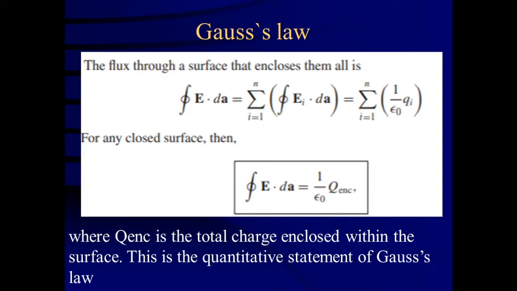Now Gauss's law. What is Gauss's law? Gauss's law is nothing but it relates the electric field to the electric charge. How the electric charge can produce the electric field in some region of space, that you can find out using Gauss's law. So there is some Gaussian surface, which is enclosing some volume region, and inside that volume charge is continuously distributed. Then because of that charge the electric field is produced, and at the surface at different points it is normally perpendicular to that surface.